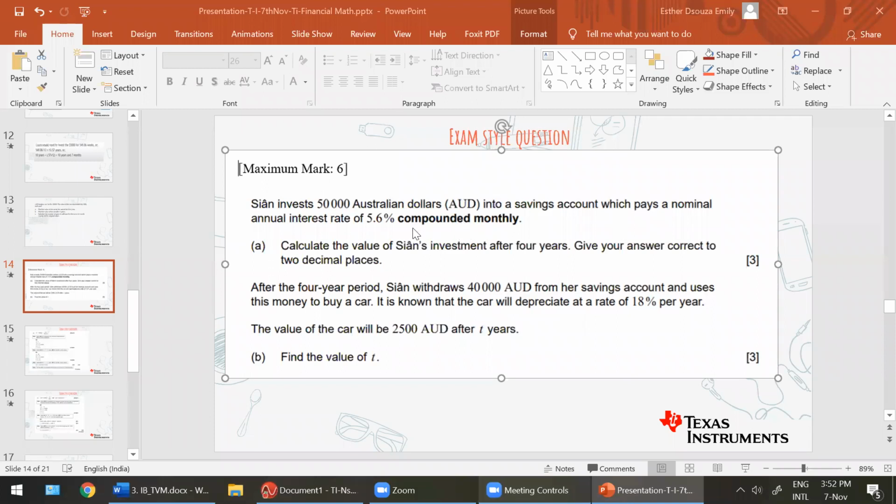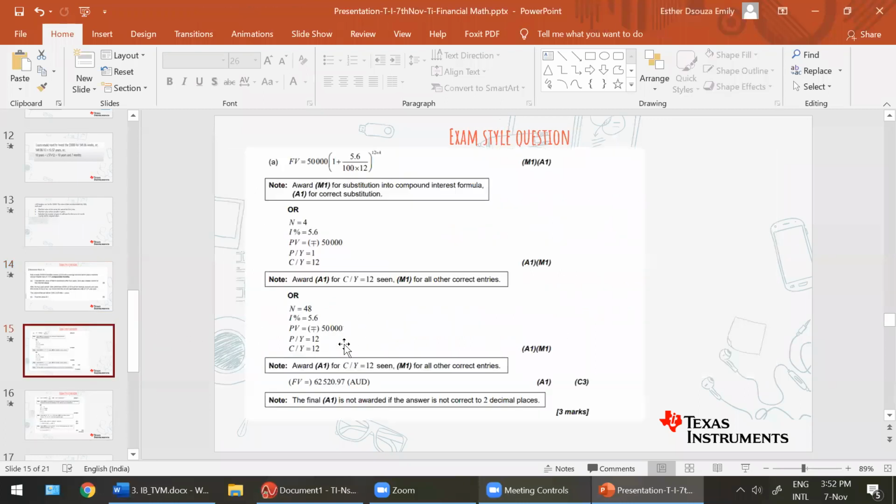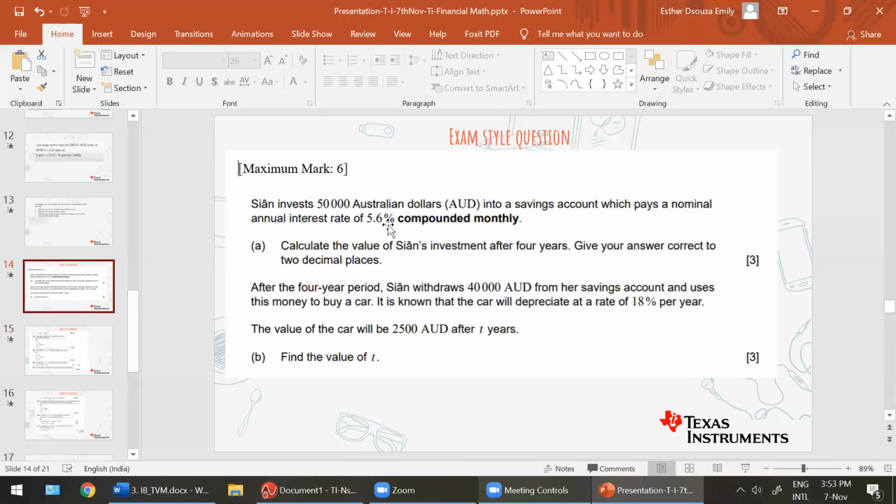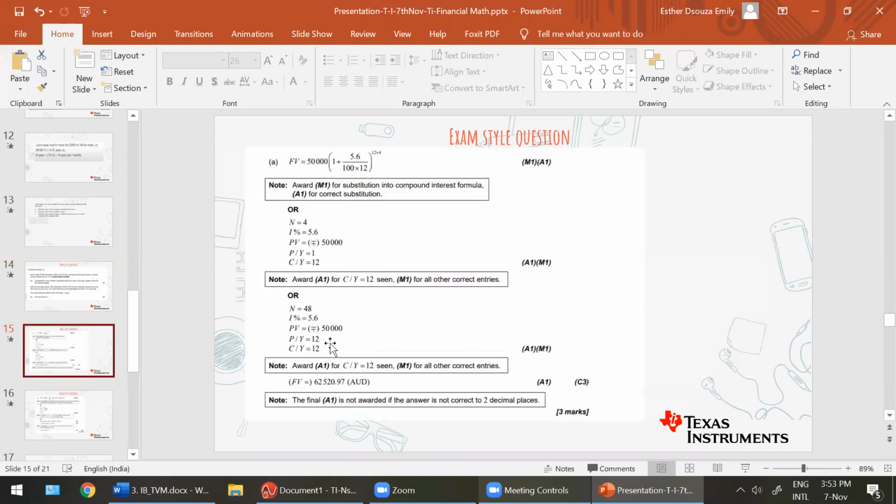So it says here it's compounded monthly, right? So Vijayasima, and even for the rest of the class, I'd request you to follow the second method here. You know that n is 4 times 12 because it's compounded monthly. So 12 fours are 48, right? So plug in that value here. Now, what does the interest rate say? It tells you here that it is an annual interest rate, so you're not changing anything there. Because it's an annual interest rate, it stays as 5.6. Got it? Hello?